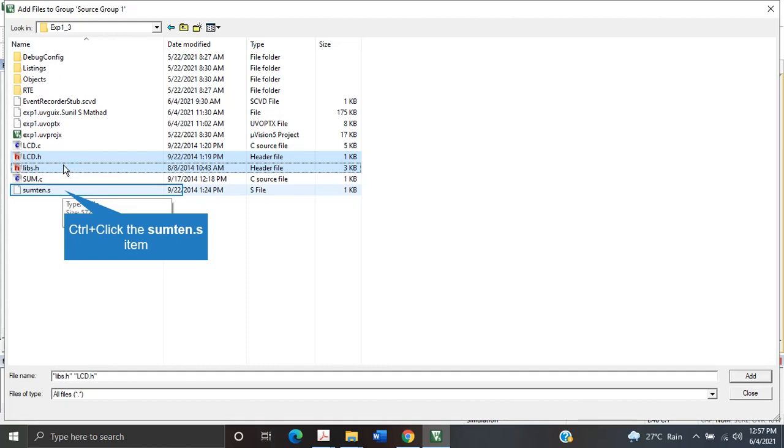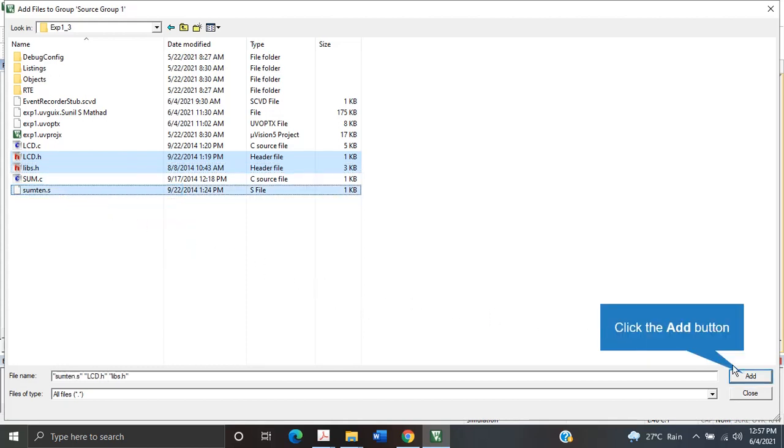So whatever results you have got have to be converted back into ASCII characters, and some routines for that are available in libs.h. LCD.h is basically how you initialize the LCD and everything relevant to the LCD. So initialization, writing a command, writing a data word, all the relevant functions will be in LCD.h. We'll see that as well. And sumtime.s is basically an assembly code which is called by your main function.